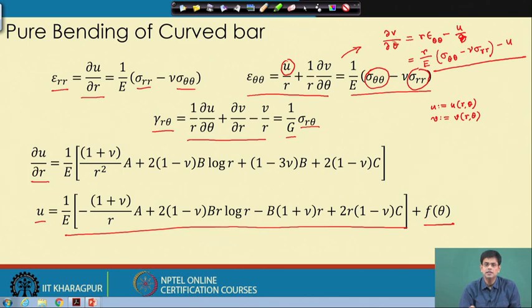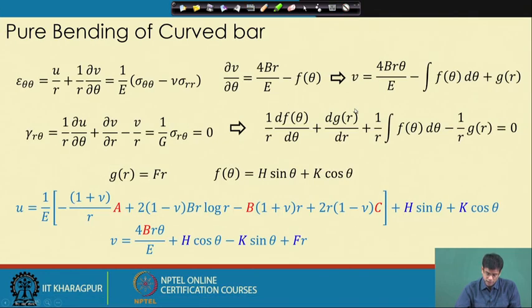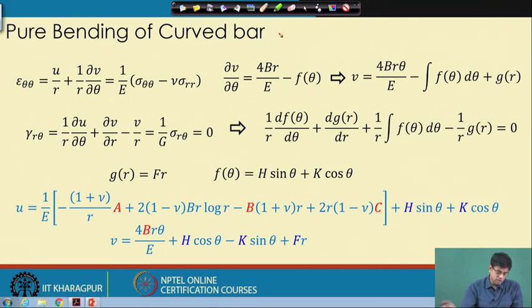So, if I integrate this equation now, I can get the v. Let us do that and check what happens. Essentially this is the case: dv d theta is r epsilon theta theta minus u, and r epsilon theta theta is essentially this quantity. If I substitute, and after doing some manipulation which I have obviously not shown here, you can do